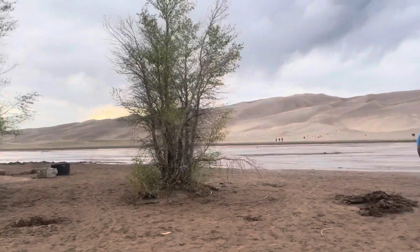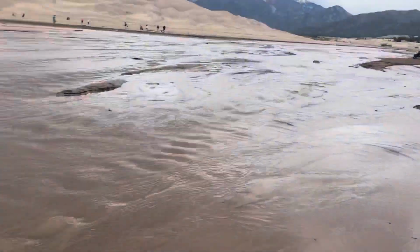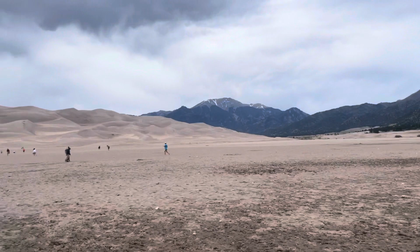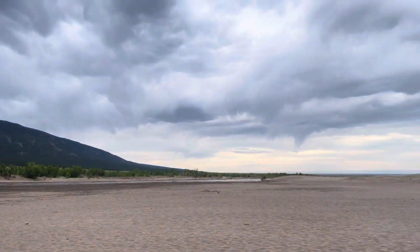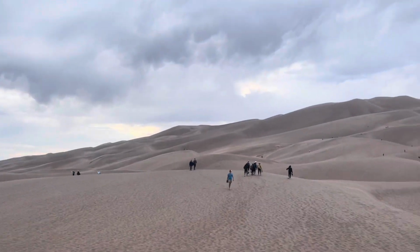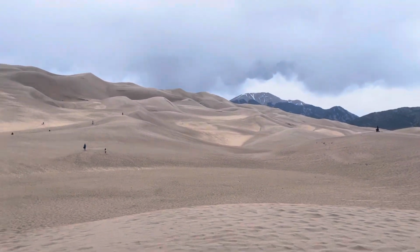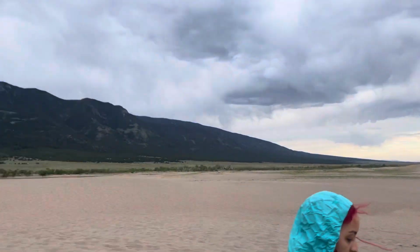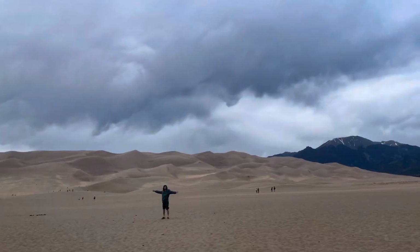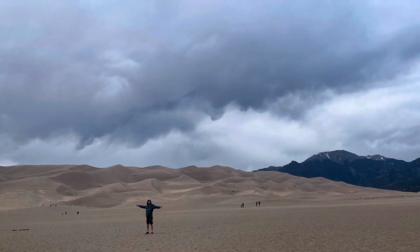So you walk over and you had to cross this little stream, and this thing was cold. 30, 40 degrees, I don't know, cold. We made our way across. It was kind of like a rite of passage. And you got there and then you just marched along, and we went up and up for what felt like the longest time. Billy heroically ran back and grabbed 2 sleds that were just laying around somewhere and ran all the way back, so that took him a very long time, but we just pushed up and up, and it got later into the day,